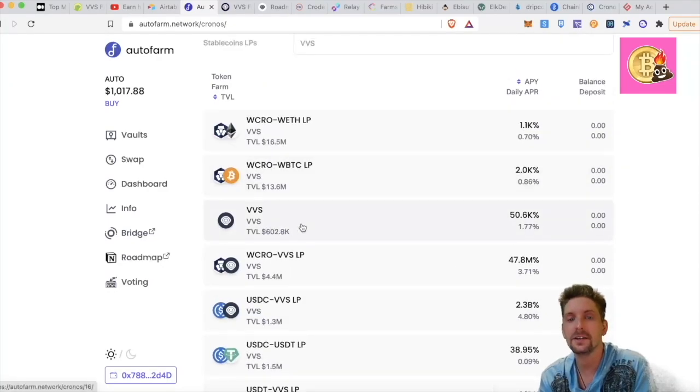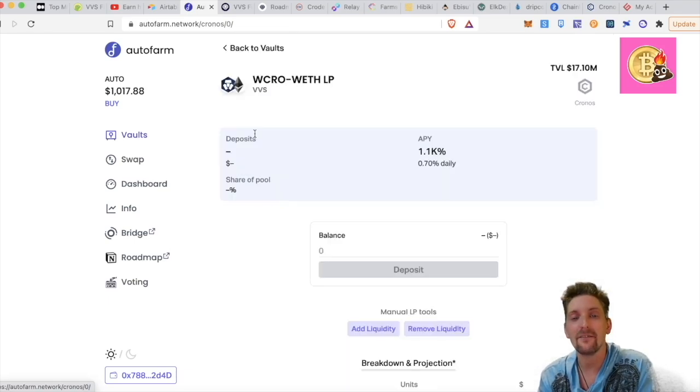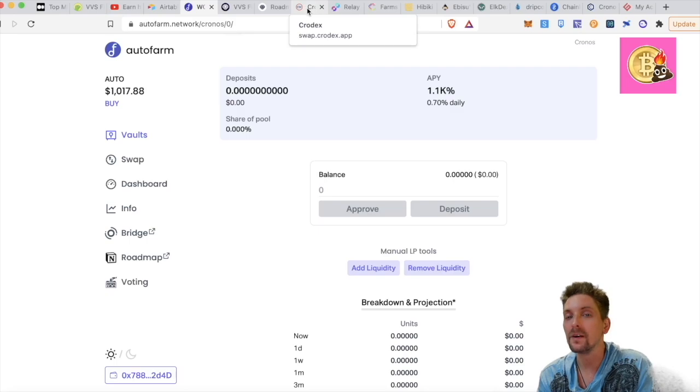You can single asset stake your VVC in here, VVS in here, you can get Rat Crow and ETH for 1.1 thousand APY. That is a very good offer right there. I think, yes, I found my winner. I'm going to go to AutoFarm, and then I'm going to get some more funds in here, and I'm